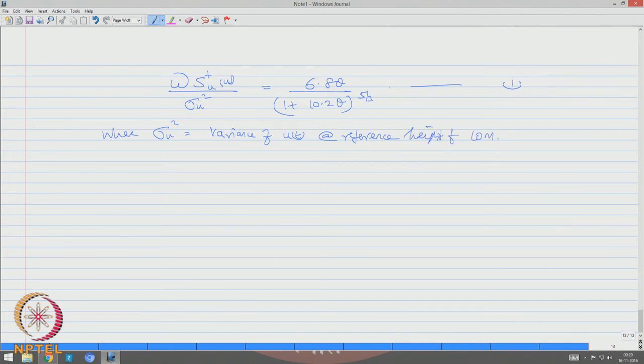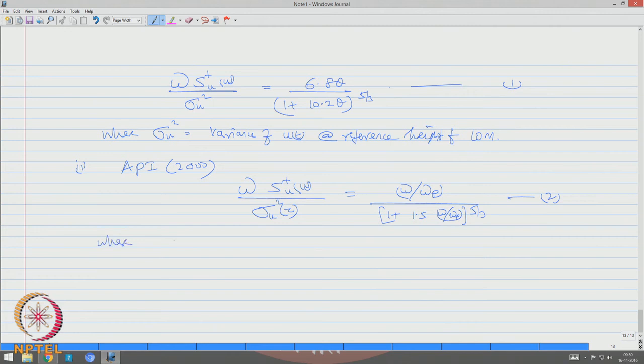of 10 meters. The second spectrum, which comes in line for large floating structures, is given by the American Petroleum Institute in 2000. S u omega, but I should say sigma u z square, is actually equal to omega by omega p, that is the ratio, 1 plus 1.5 omega by omega p, the whole raised to the power 5 by 3,